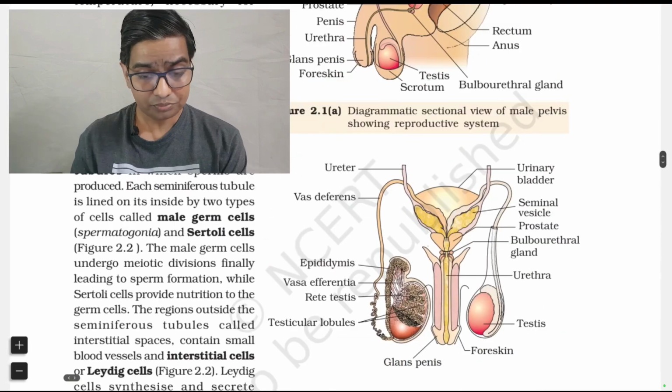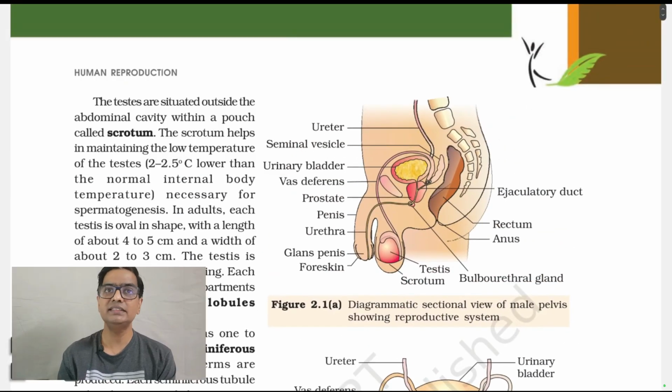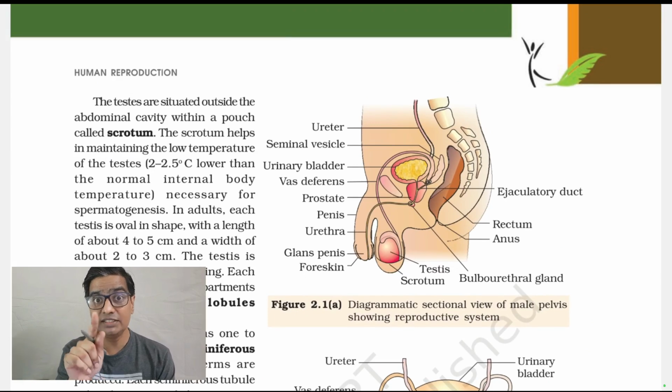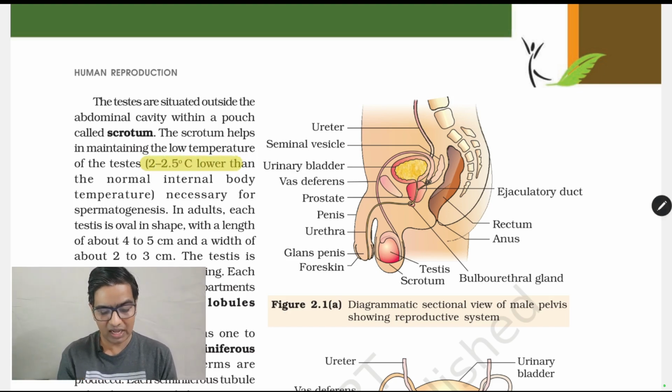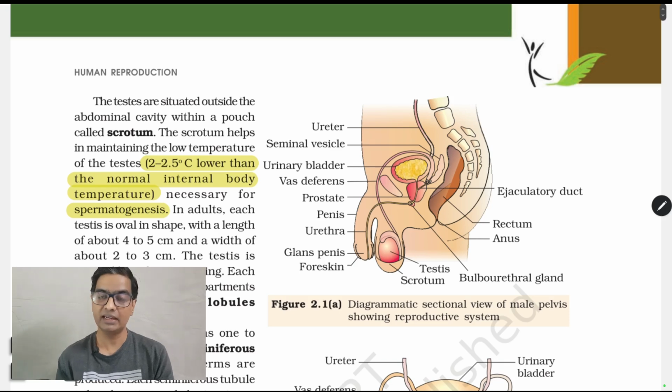Now in case of males, the testes start their development inside the abdominal cavity. Get this point clear. When we are inside the uterus of our mothers, the testes are actually a part of the intra-abdominal organs. Getting it? But the testes require around 2 to 2.5 degrees centigrade lower than the internal body temperature. That much temperature should be lower. Only then can spermatogenesis happen. Getting it? And that's why the testes had to come out